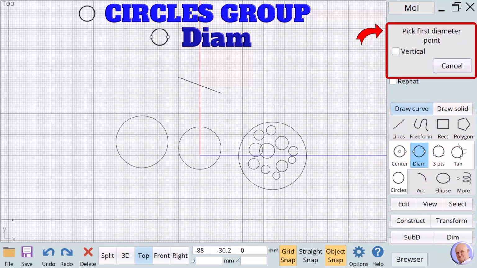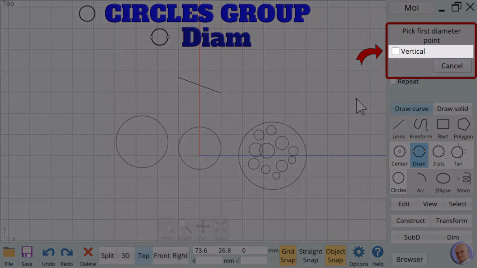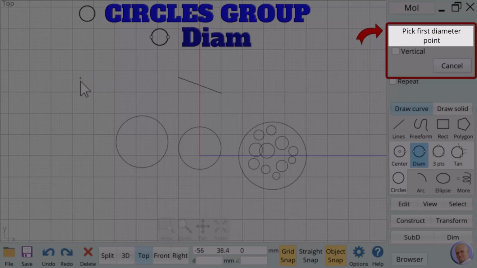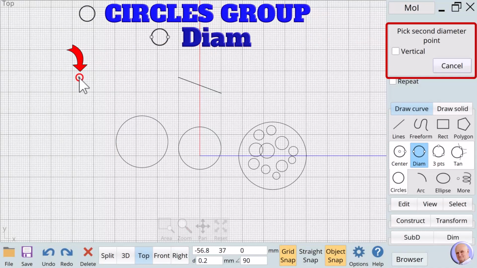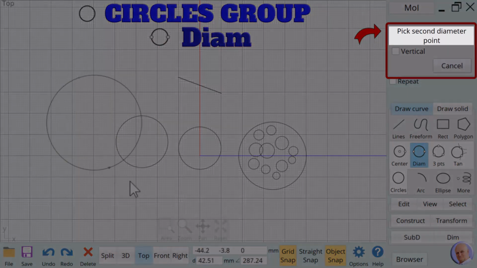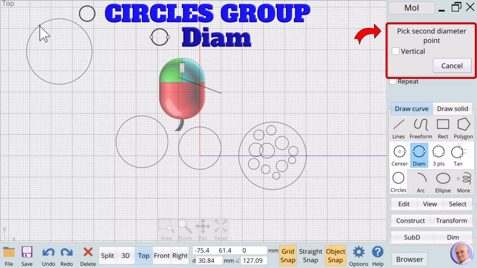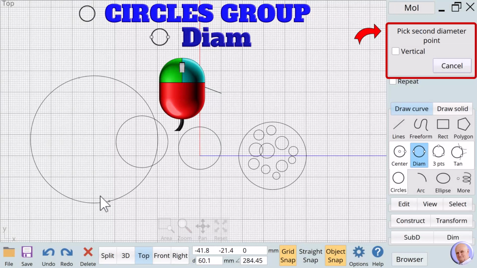When we click on Diam, the Diameter Circle dialog box appears at the top right of the screen. Notice that the vertical option is also available in the Diam method. The prompt says, pick first diameter point. We can choose any point in the view window as the first diameter point. The prompt changes to pick second diameter point, and we can use the mouse to both size and position the